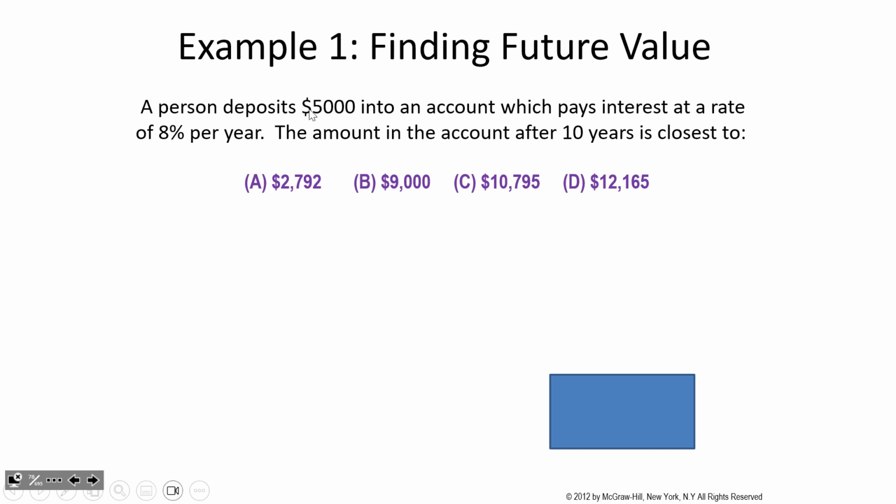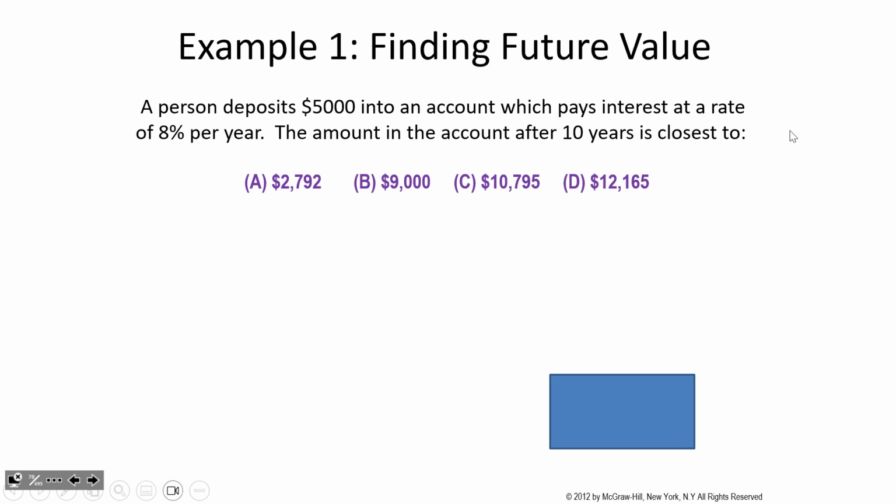A person deposits $5,000 into an account which pays interest at a rate of 8% per year. It doesn't say when they deposited the $5,000. You just have to make the most logical conclusion that if they don't mention when it was deposited, that is by definition when this whole sequence of events kicks off. That means it's time 0. That's a present. So 5,000 is P, I is 8, N is 10,